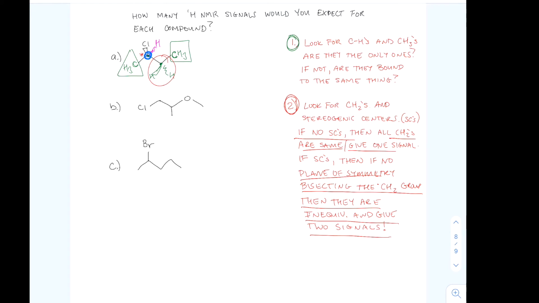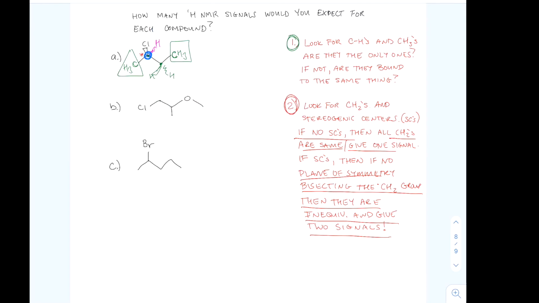But in my opinion, once we get a better grasp of diastereomers and enantiomers, it just seems easier to bisect it. If we have a stereogenic center and we have a CH2 and we bisect that CH2 and there's no plane of symmetry, then they are diastereotopic protons, meaning